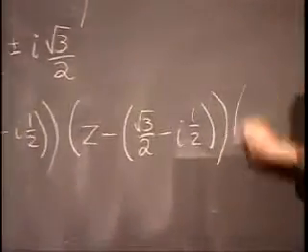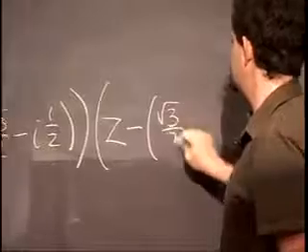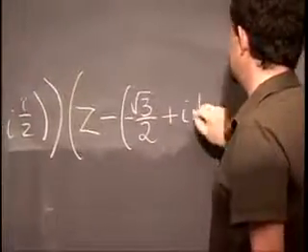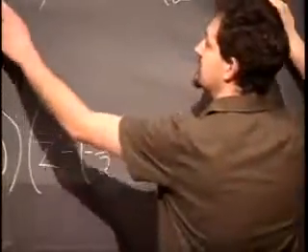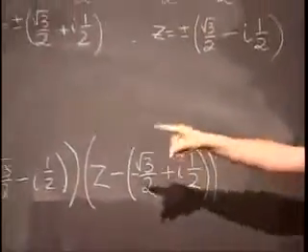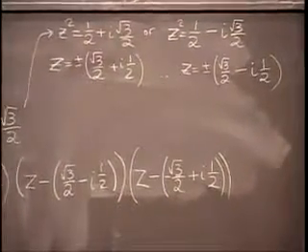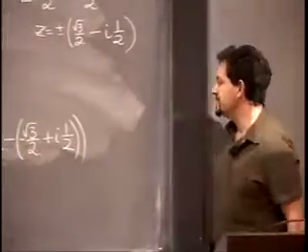And finally, the last factor is z minus root 3 over 2. It's actually negative root 3 over 2 plus i times 1/2. So if you stare at these 4 solutions that we got up here, they appear in the 4 factors down there. And sure, you could take away some of these minuses and simplify it, but actually,